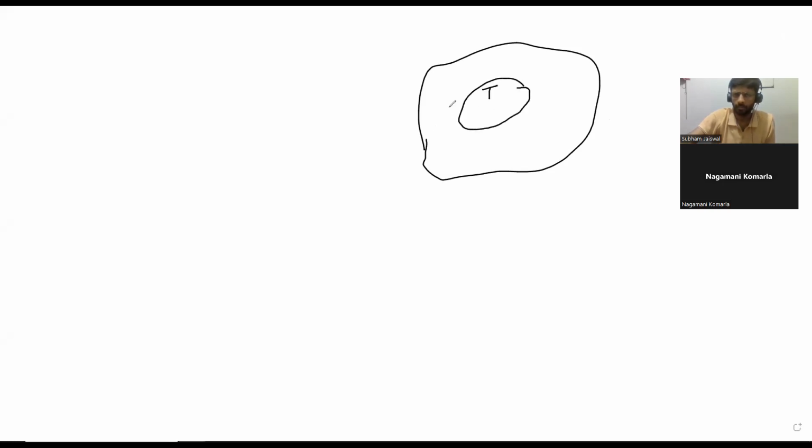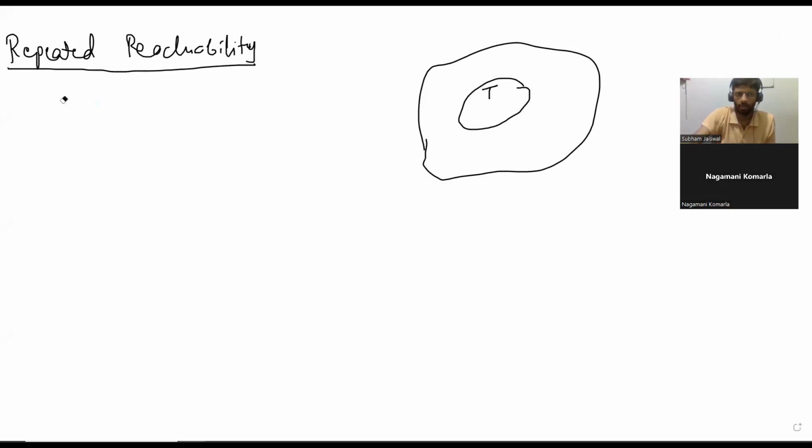I'm not sure, but I was thinking maybe the complement of Win0 of the safety game, or if player one is playing, then the complement of Win0 of the safety game. Okay, so let us record this first, repeated reachability. First we are just seeing if there are some methods which we can use on our own. So you are saying Win0 of,